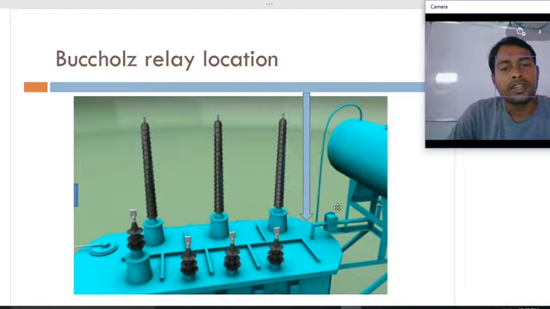If any big fault occurs inside the transformer, this Buchholz relay automatically disconnects the transformer from the supply. I already explained this in the video on the Buchholz relay, so you can watch that one.